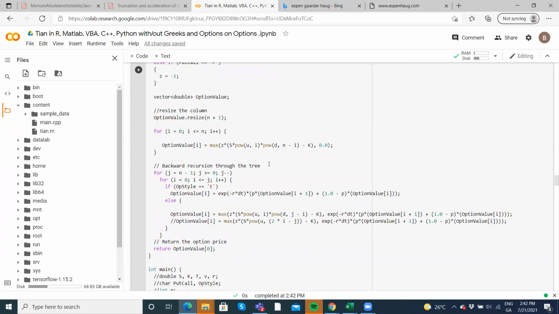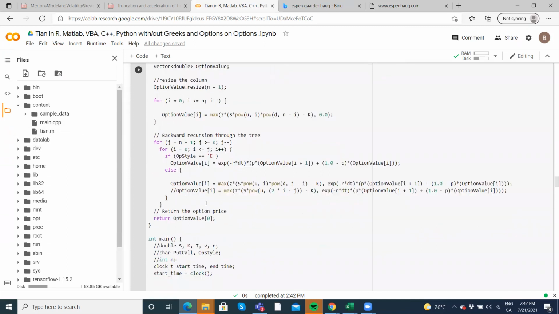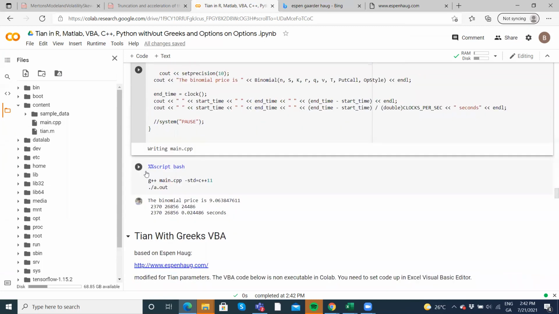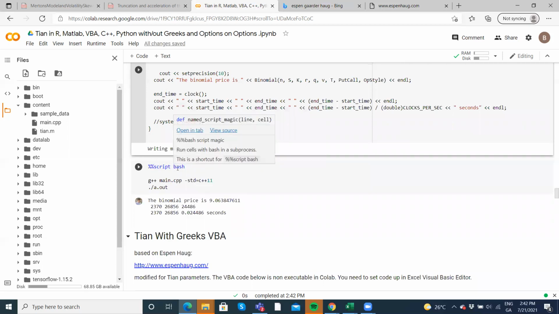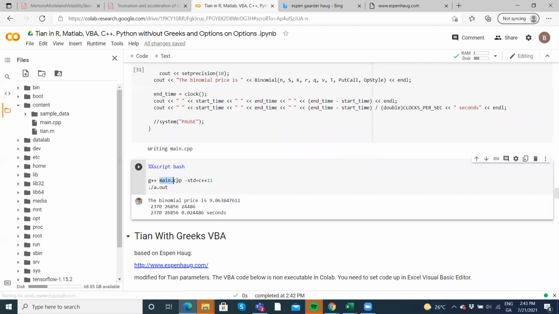And then that loads into the content folder, and then to execute the file, we've an additional bit of code we put in. So it's this double percentage sign, script, space, bash, and then g++, and then the name of the file here, right? And then we run that, so the file is now executing, and you can see here we get this